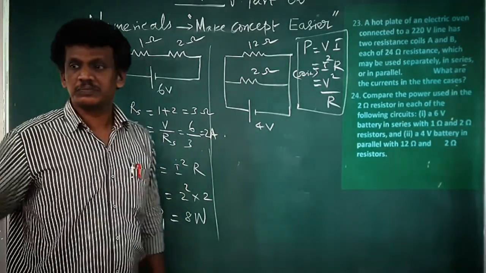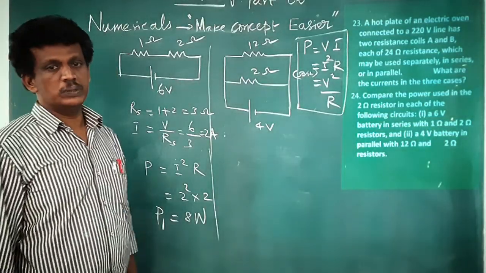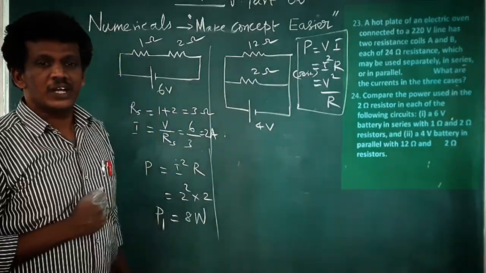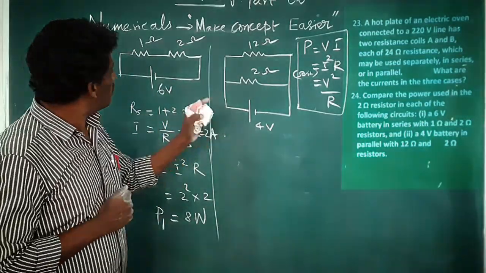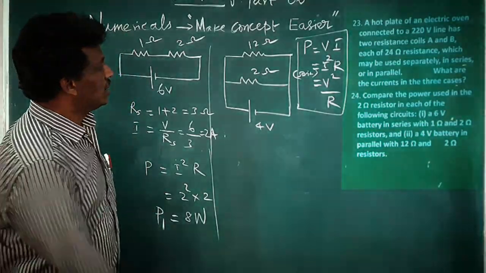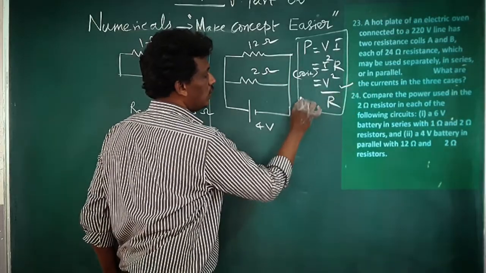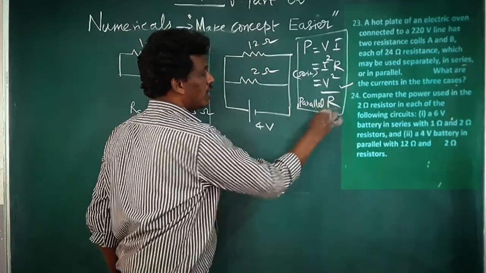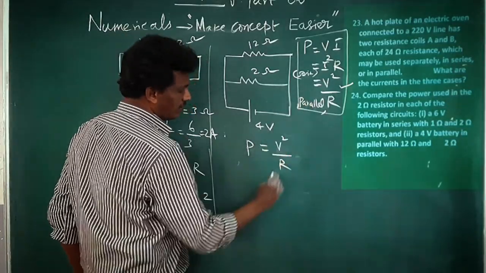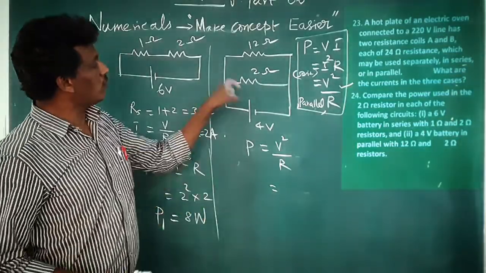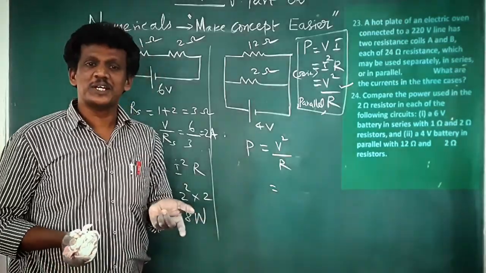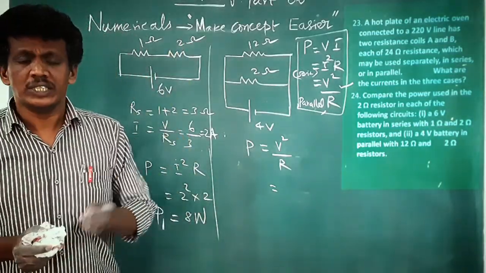Look at the second one. Same way we can do. Try. Tell me. Yes. No need to do with the current, because in parallel combination, which one remains the same? Potential difference. So in terms of potential difference, you can use the third formula. What is the power? Equal to V squared by R. Now very simple. Otherwise what you will do? You will calculate the current, how much current flowing through the 2 ohm, so I squared R, then also connect. But it is more complicated. So that's why I am telling.